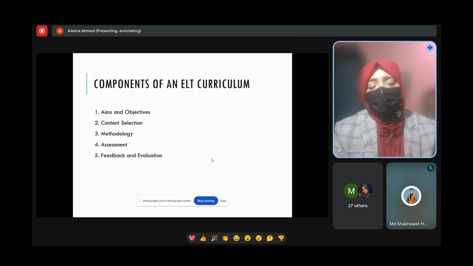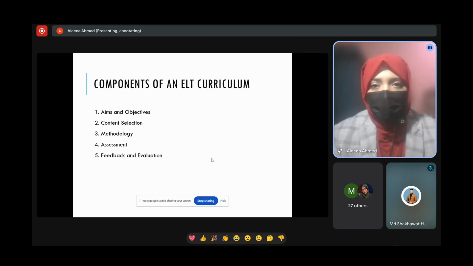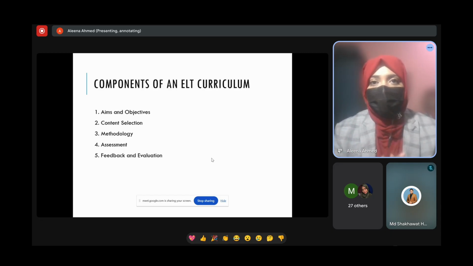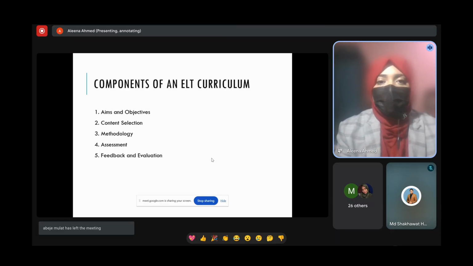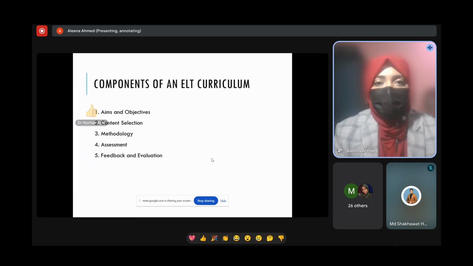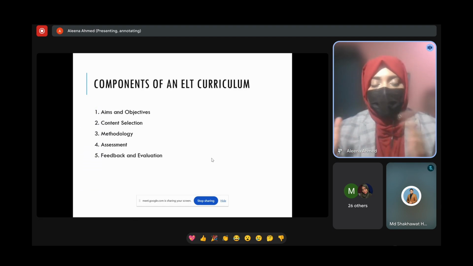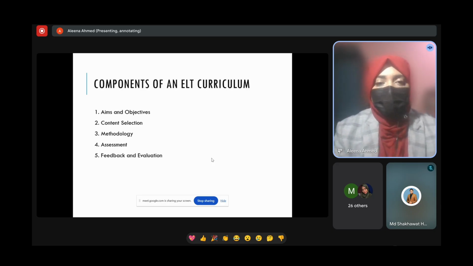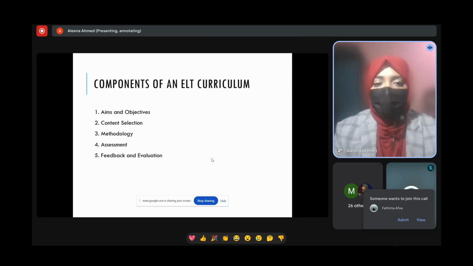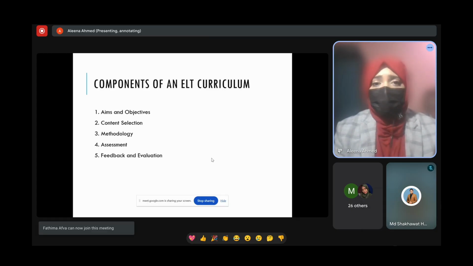In the classroom, for example, after teacher talking time or after giving the lecture, we can put a role play activity or a drama in the classroom, and the teacher can analyze at what level the student is. This is also an assessment that we are doing as formative. There are two types of assessments: formative assessment and summative assessment. Summative is at the end of the lecture as a whole, and formative is during the lecture. We can just stand up anybody in the classroom and ask a question in the middle of the lecture. That is also an assessment.